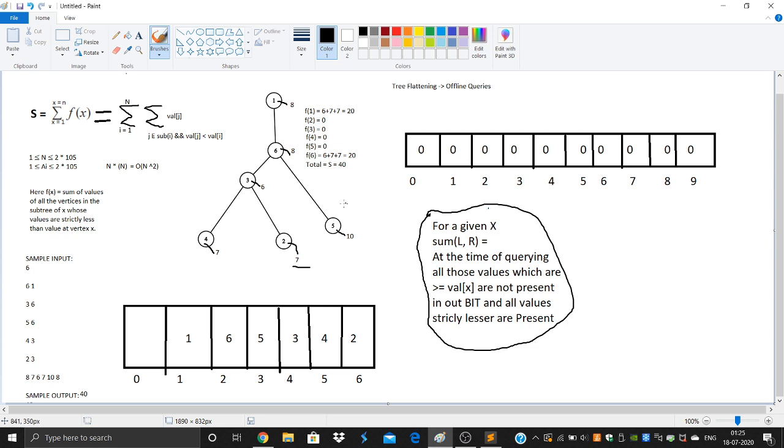Basically, before querying for 7, we would update the value 3. In time of 3 is 4, so at the position 4 I would update 6. But then as these are leaf nodes, 7 is on the leaf, so there won't be any update at all. There won't be any contribution to the final answer as there are leaf nodes.